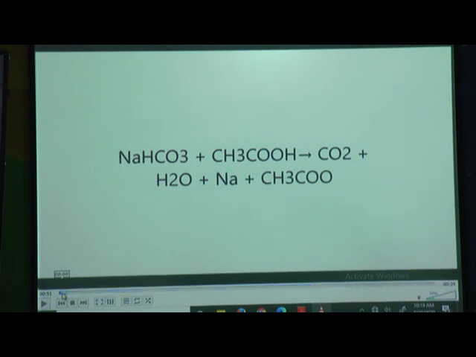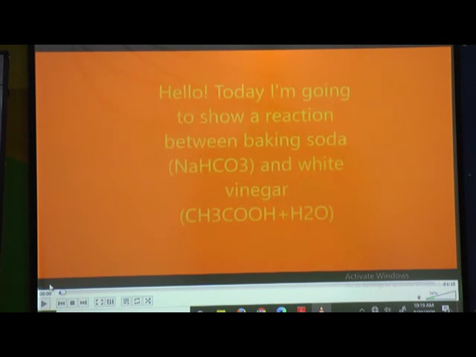Okay, so see one more time this video, what exactly is given here. You have to see it carefully because it is only a few seconds. What we are going to do in this video is add vinegar into baking soda, and after that you can see what happens in this beaker. You can see a white colored solution from which bubbles are coming out.